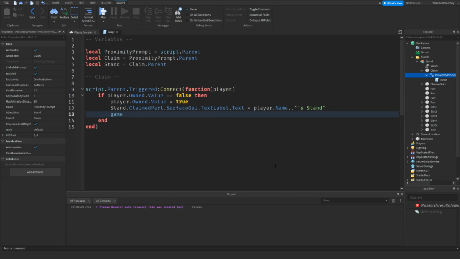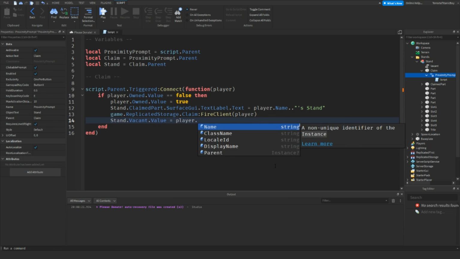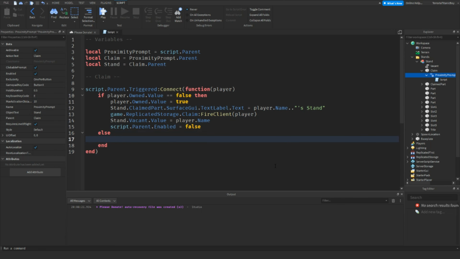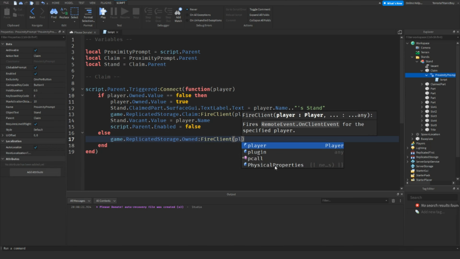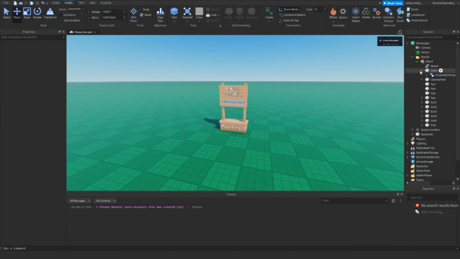And now we're going to do game.ReplicatedStorage.claim:FireClient(player), and then stand.vacant.Value = player.Name, script.Parent.Enabled = false, then else game.ReplicatedStorage.owned:FireClient(player), and then that'll be the end of that script. And now we're done with that, we can just close it off, and we're going to close out of Workspace,